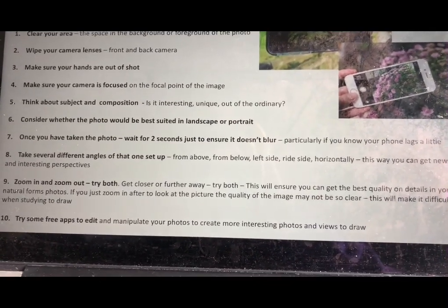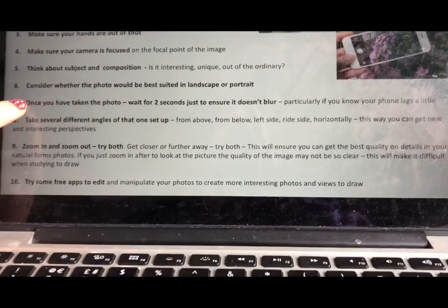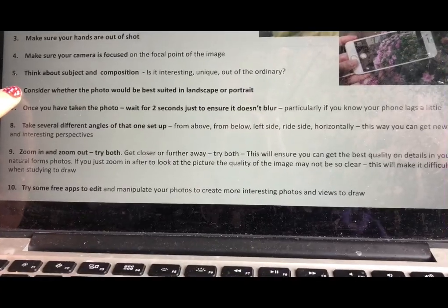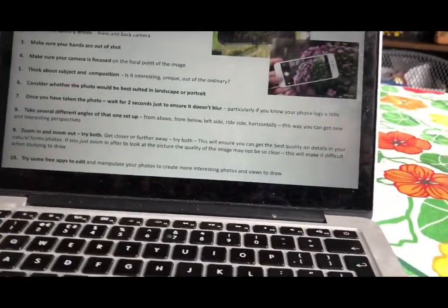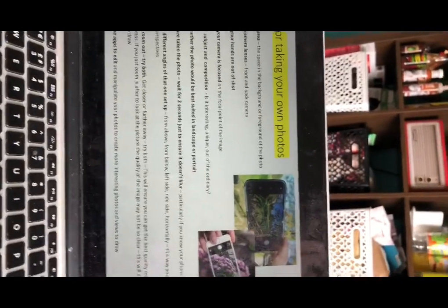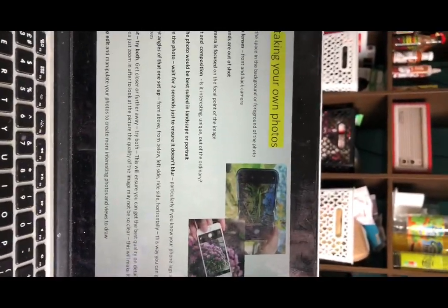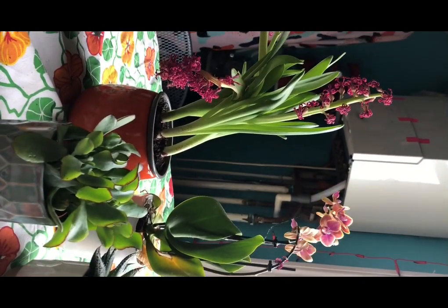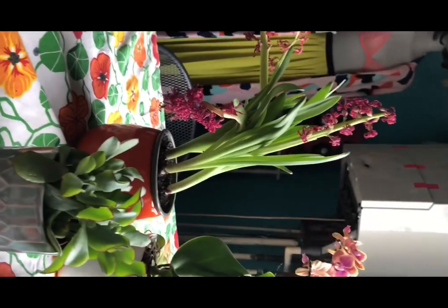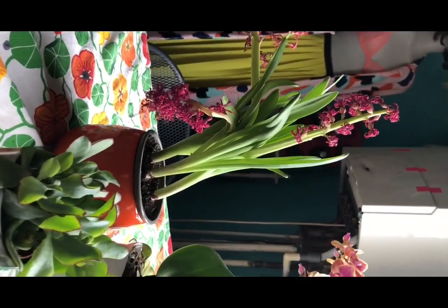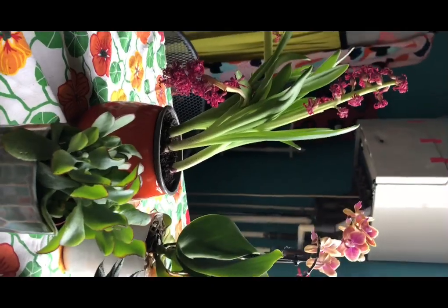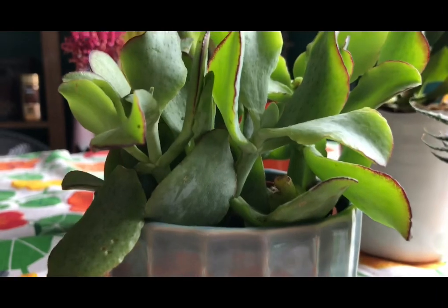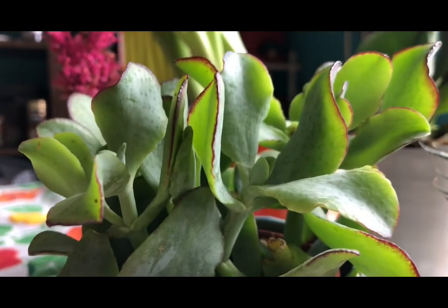So the next one, think about whether your photo should be photographed in landscape or in portrait. So landscape is obviously this way round, portrait is obviously this way round. If you're photographing something tall, like a plant like this, it might look better in portrait because it's tall. It fits the line of the focus of the image. If you're just focusing on a detail, it might be that you want it to be landscape, if you want to get more of the image in, but closer up,